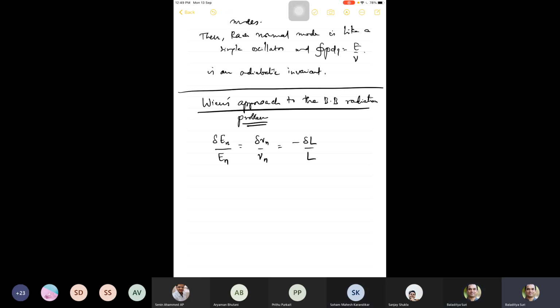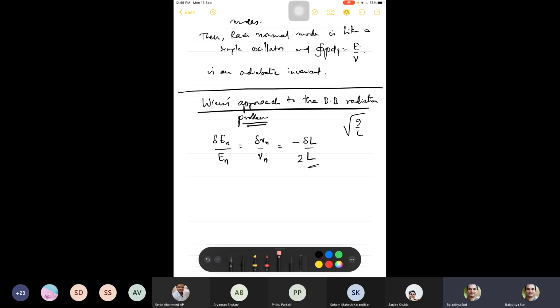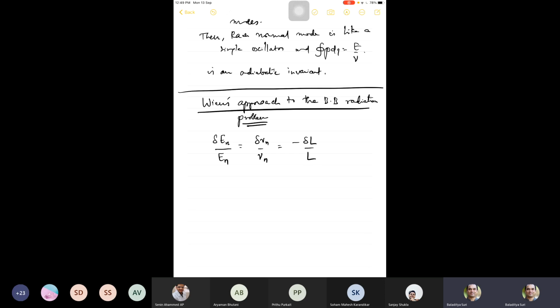Okay, sir. Now, we did the particular analysis earlier for a pendulum, but if you do the same analysis for an electromagnetic oscillator, this is what you will get. Remember that for a pendulum, we had square root of g by L, because of which there is a factor of 2 that we got here. But for an electromagnetic oscillator, you won't get that. I'm not going to do exactly that analysis, but I'm going to just state the result, saying that for an EM oscillator mode,